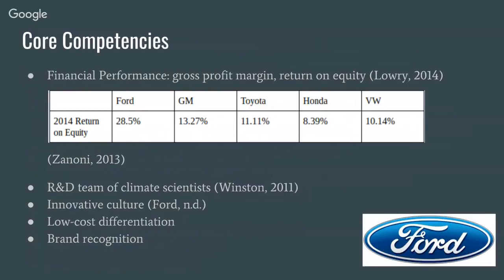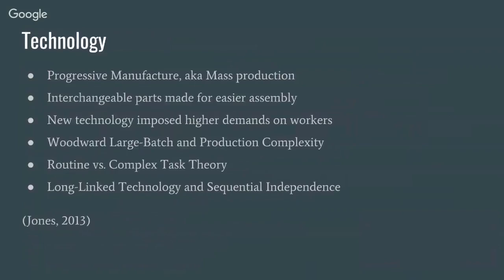Ford also has strong brand recognition. Henry Ford was an innovator and wanted an easier way to make the cars he was producing. The process of making cars used to be very meticulous and took several specialized mechanics and workers just to be able to make one car. According to Jones, in 1913, Henry Ford came up with progressive manufacture, or what we today know as mass production. This method of progressive manufacture sped up the car building process exponentially.